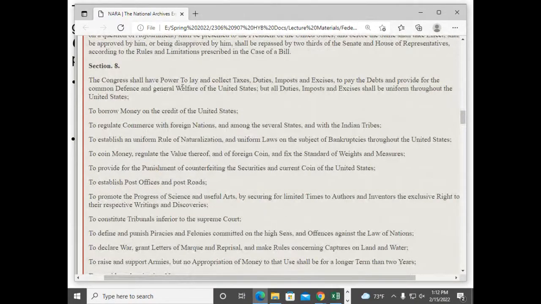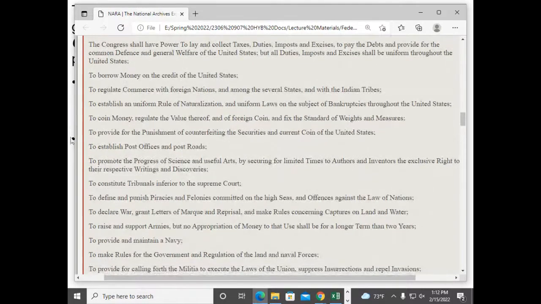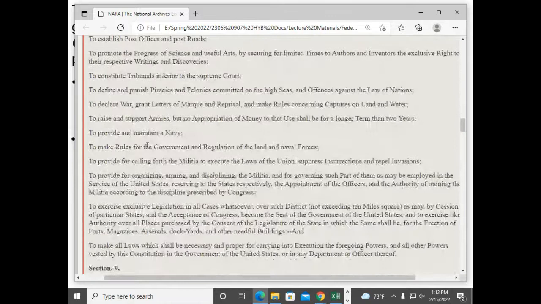The Congress shall have the power to. Well, what shall the Congress have the power to do? Lay and collect taxes, to pay the debts of the United States, to provide for the common defense of the United States, to promote the general welfare of the United States, to borrow money on the credit of the United States, to establish a uniform rule of naturalization, to coin money and regulate the value of money, to provide for the punishment of counterfeiting the securities and current coin of the United States, to establish post offices and post roads, and so on. Provide for and maintain a navy, to raise and support armies, to declare war. Those are the delegated powers of Congress.